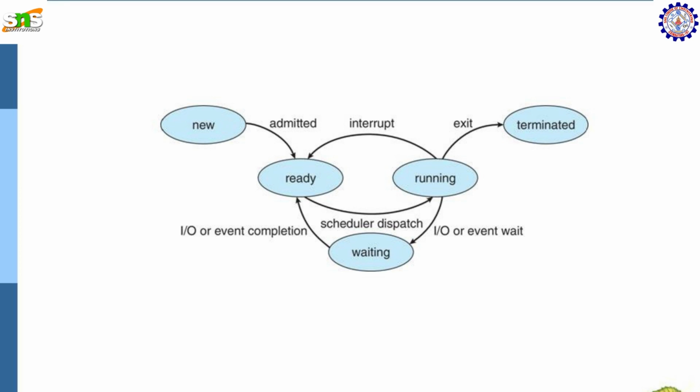Or if an interrupt occurs, it moves to the ready state again. Or if there is an IO request or event wait, it moves to the waiting state, and from the waiting state, after IO completion or event completion, it moves to the ready state, and from there to the running state and then gets terminated. This is how a process works using a process